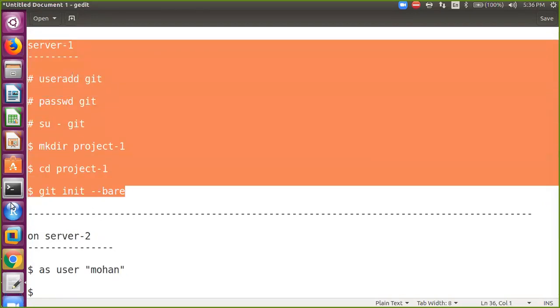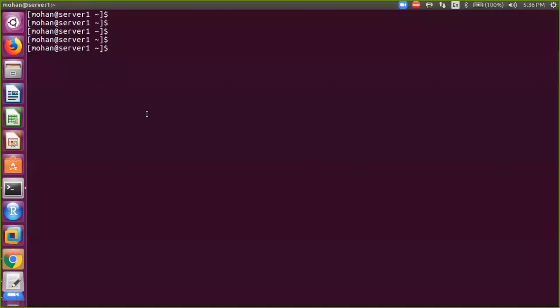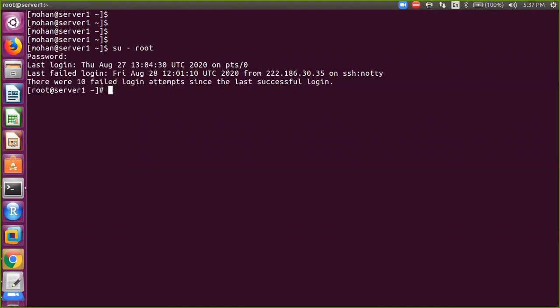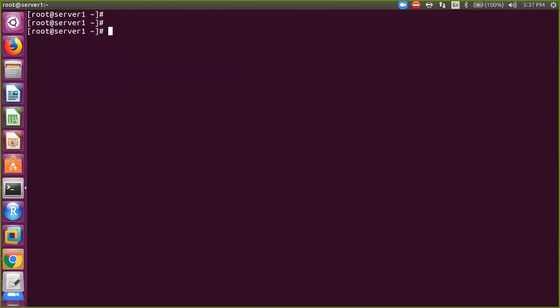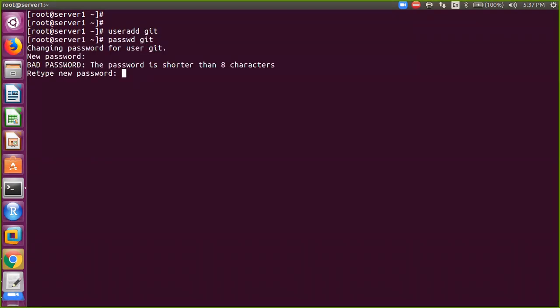Now first let's go ahead and configure server 1 as a git server. So I'm on server 1. Let me switch as user root. Let me create one user account: useradd git. Then passwd, so I'm setting up a password for the git admin.